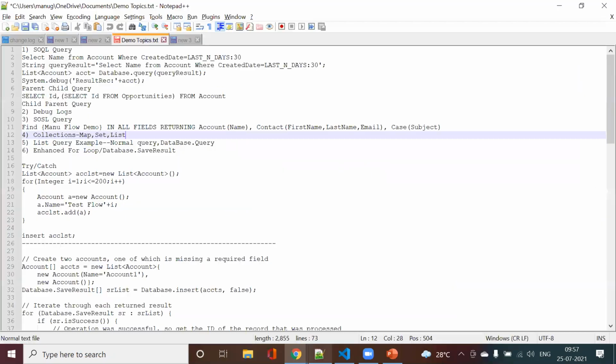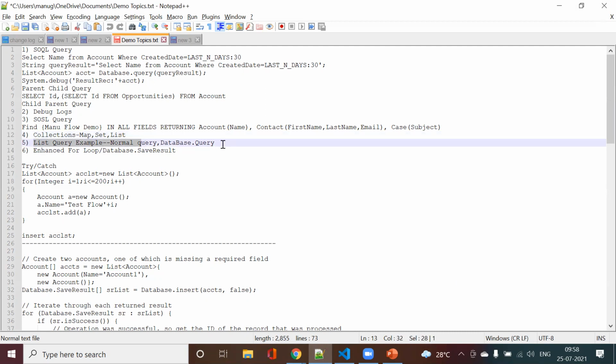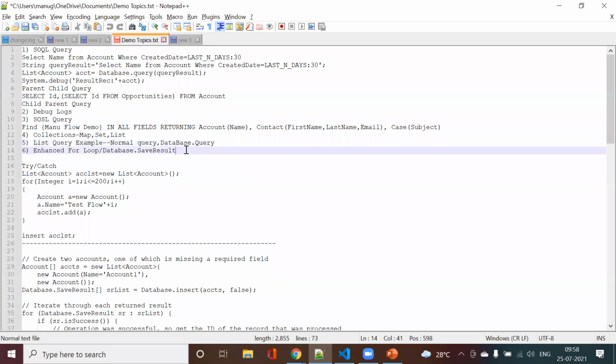Okay. So now if you see, I covered the collection part. This query example, the dynamic query and the normal query, I already covered with you. As I told you, there are a number of ways I can query that account data in Salesforce. So now I will query those account records and try to store them in a list, in a map, in a set using the enhanced for loop. First, I will go with the enhanced for loop. After that, I will show you a simpler way also, using the map query. So first, let us cover this enhanced for loop.